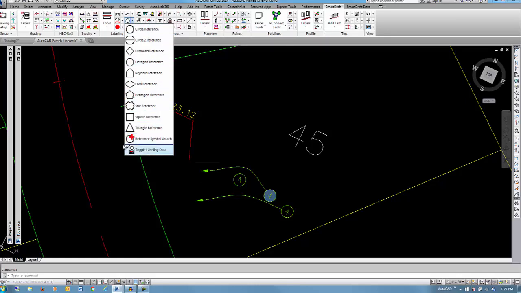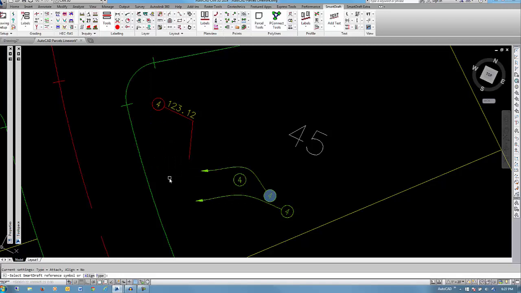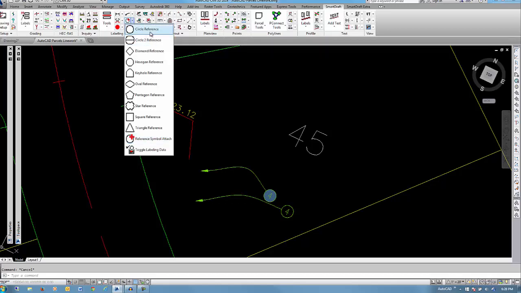Again, all of these are the same. Here would be reference symbol attached, and here I can say select the reference symbol, and let's say this was not here, and I wanted to take an existing symbol, this circle with a 4 in it. I could say select the existing symbol and the existing label, and now it attaches that, and it does change it to the same layer that the leader's on. So that is one of the features of this command, is to change it to the same layer, so that if this is turned off, also that reference circle would be turned off also. That concludes the demonstration of the reference symbol pull down within the labeling panel of